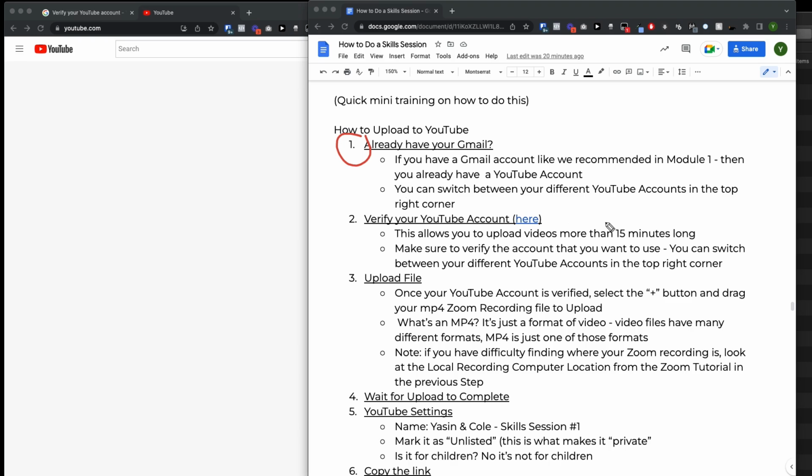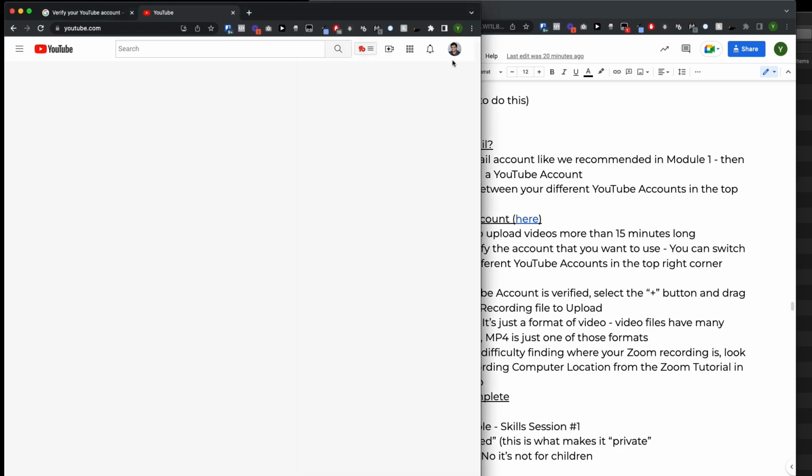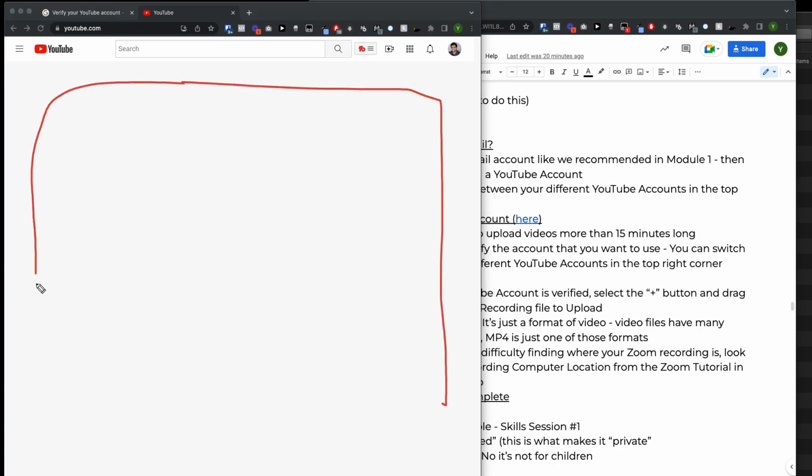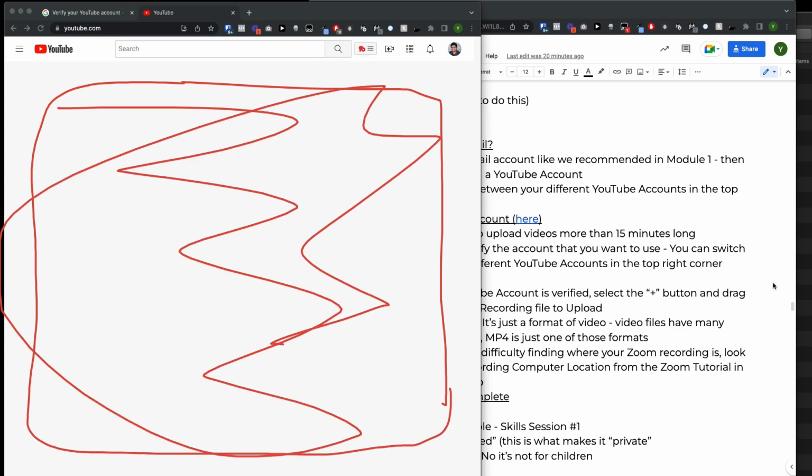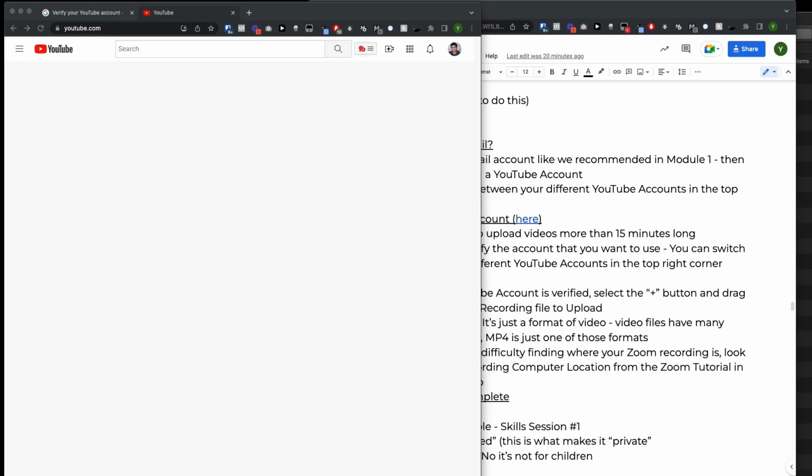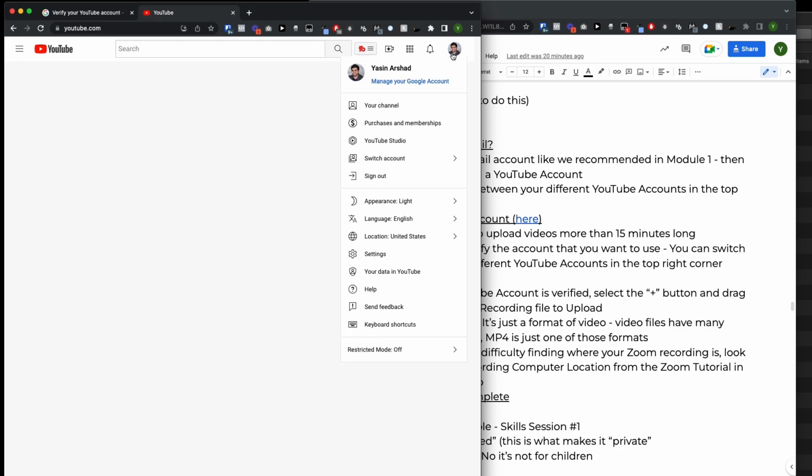You already have a YouTube account, and you can switch between your different YouTube accounts and Gmails by using this right here. On youtube.com, you'll notice that mine might look a little bit different because I am anti-distraction. I am using Newsfeed Eradicator to make sure I don't have anything on here that distracts me. But besides the point, when you go to youtube.com, you will be able to click on your profile picture, and there is going to be an option there that says switch account if you do need to switch accounts.